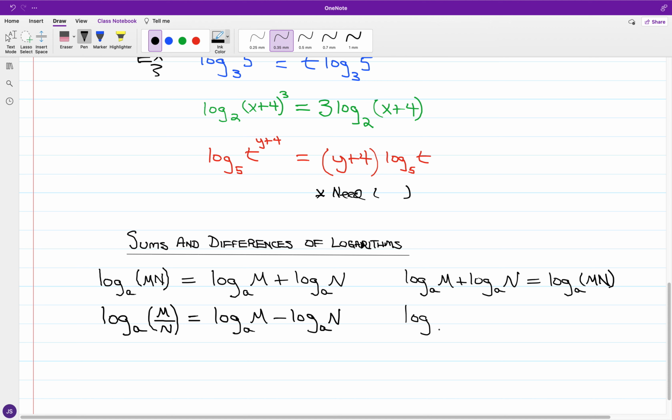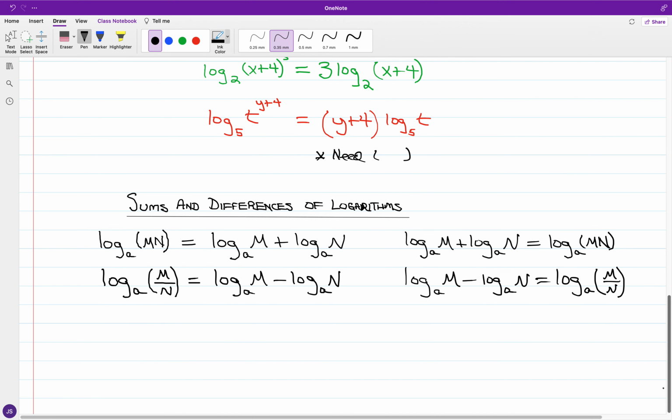And again, in terms of contraction, I have the base a logarithm of m minus the base a logarithm of n, and this is going to be equal to the base a logarithm of m divided by n. Okay, and let's say that in the case of expanding, if I express as sums or differences of logarithms,